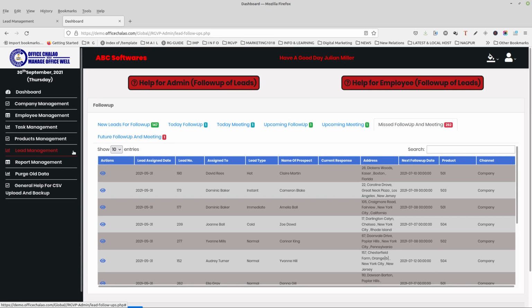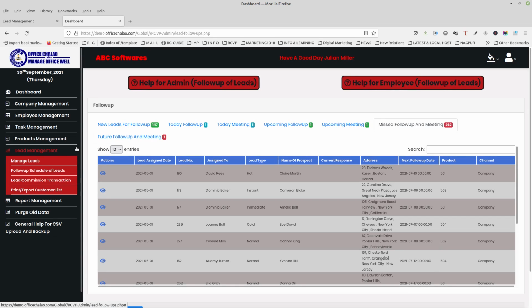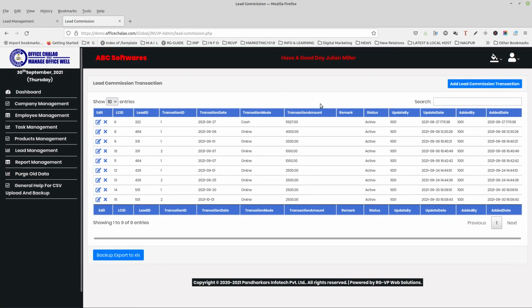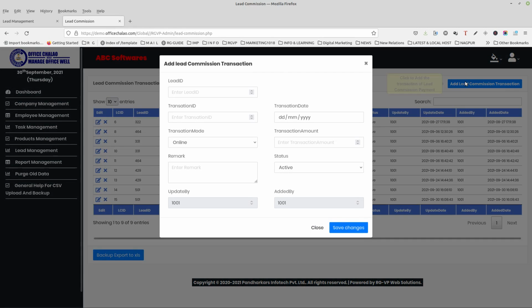Now, let us look at lead commission transaction submenu. Click on Add Lead Commission button and fill the necessary details such as lead ID, transaction ID, transaction date,